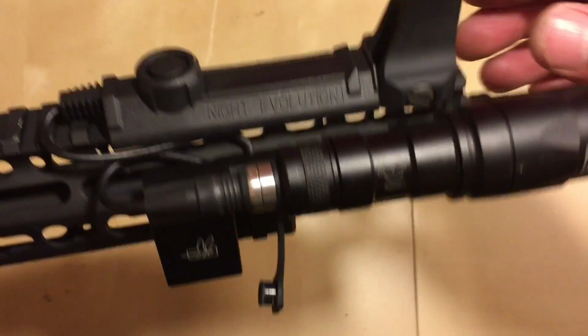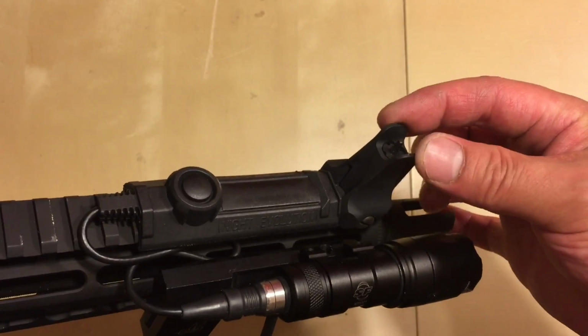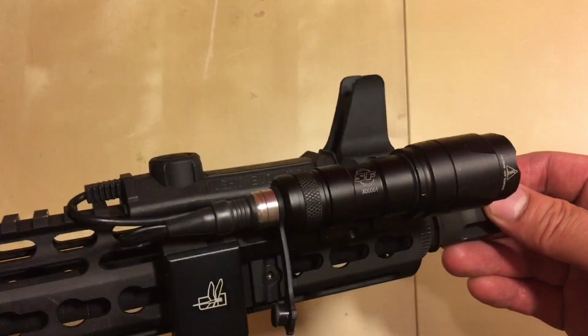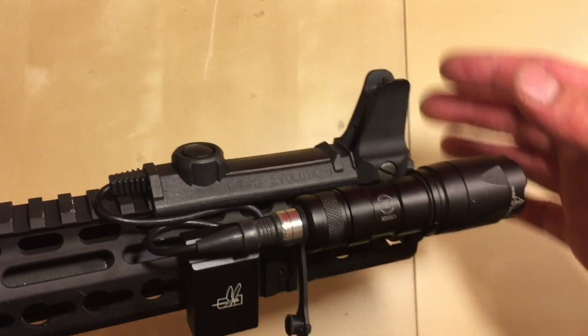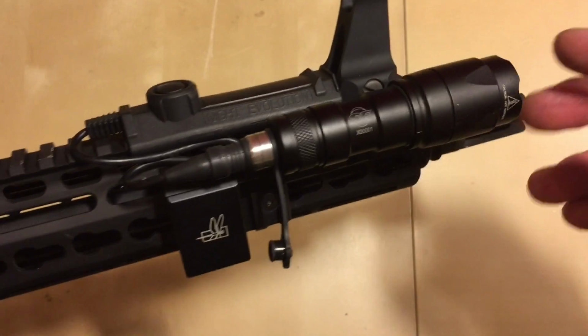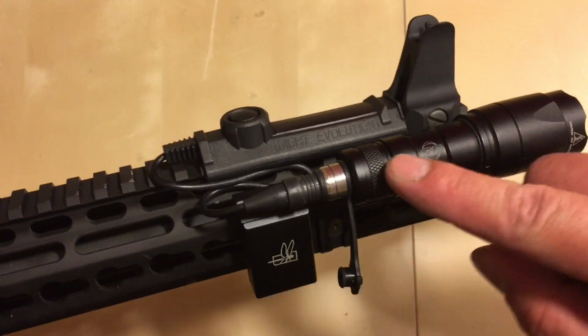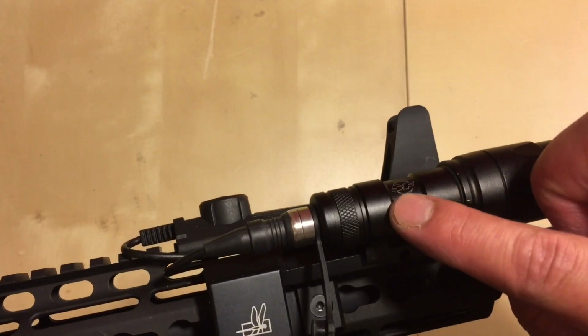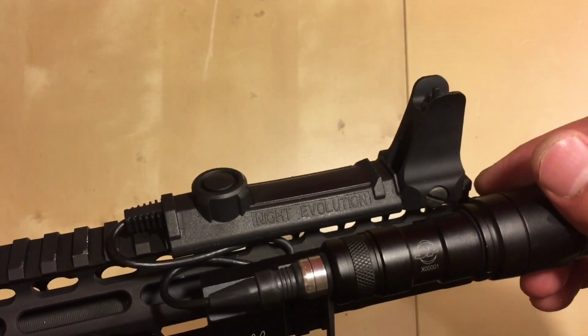Okay, this is, as I said, the China-made adjustable front sight. It's actually a tower sight, which is non-foldable. I really enjoyed the look of that on that rail, because without it, it just looked a bit plain, in my opinion. The Night Evolution flashlight, which is the Surefire replica, has a Surefire marking on there, and just